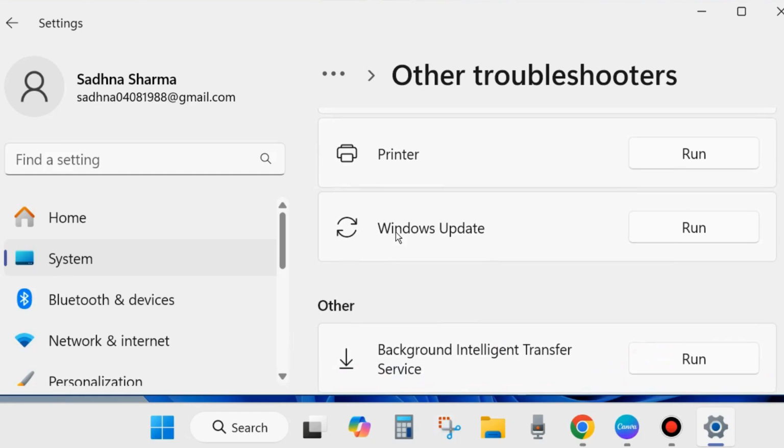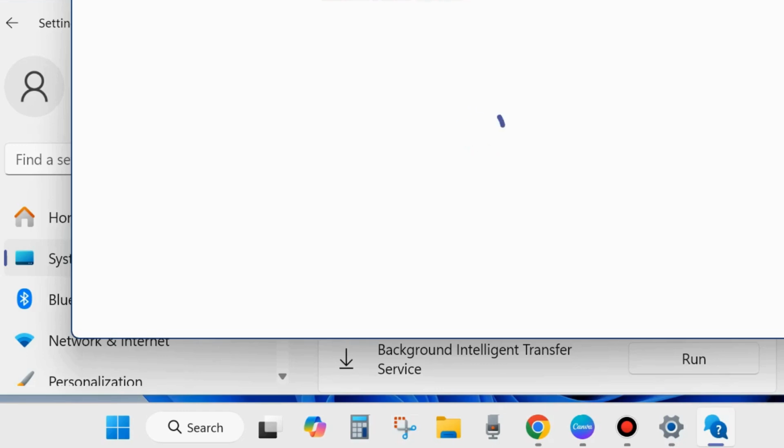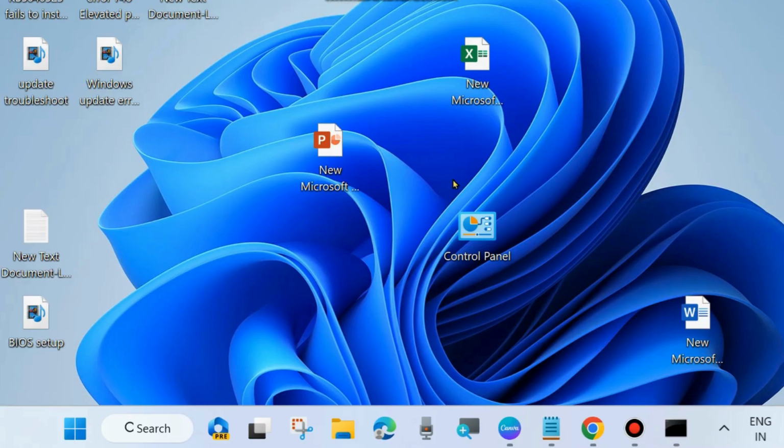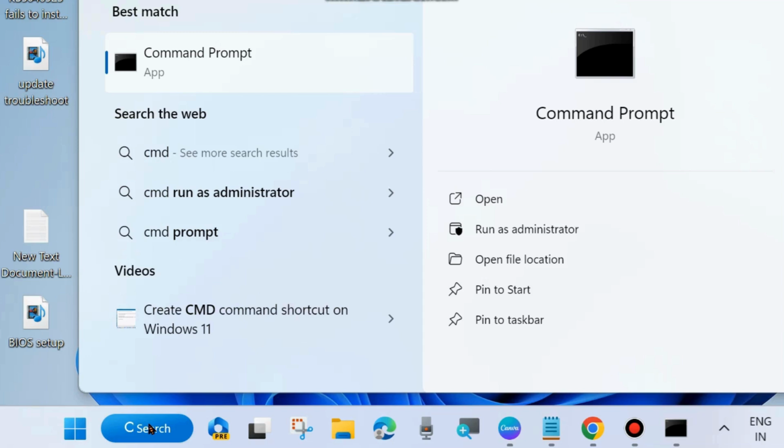and here run the Windows update troubleshooter. Click on run and follow the on-screen instructions to complete the Windows update troubleshooting in your system. And after that check whether your Windows update is installing or not. If not, go to the next fixes, and the next one is to go to Windows search and type cmd and